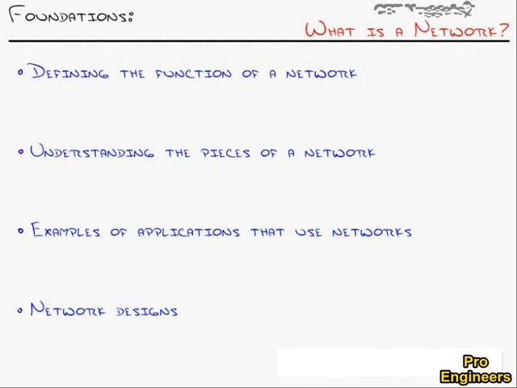So let's wrap up and hit the high points that we talked about. Number one, we defined the function of the network. And putting it in its simplicity, the function of the network is to be the road. But trust me, you're not building roads as a career. It is the road that allows the applications to communicate, and there's a million considerations for how that road needs to work. So we looked at the pieces that build that network.